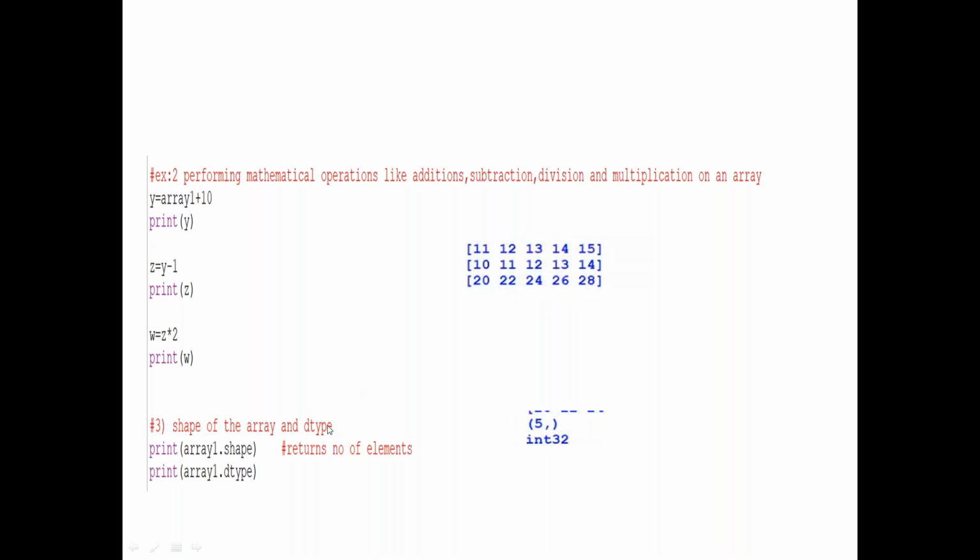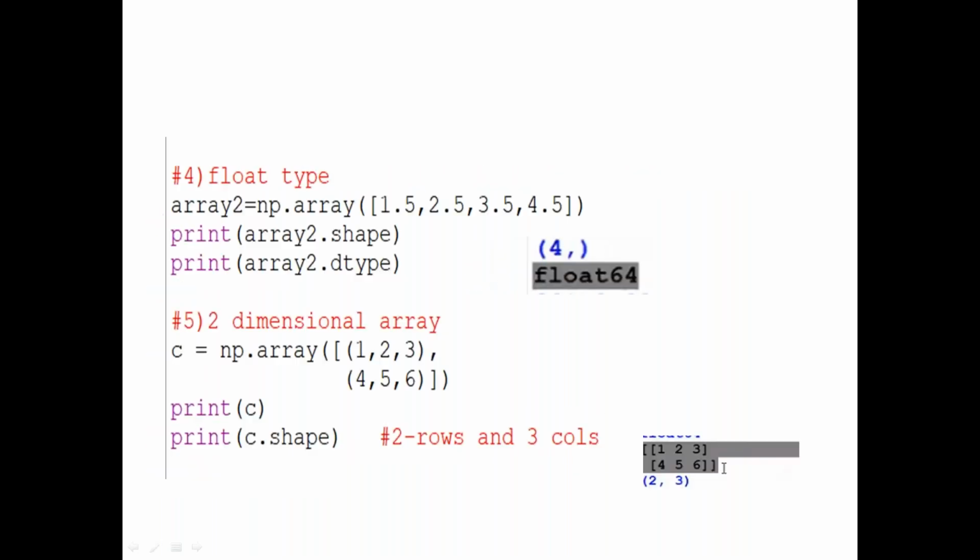So, the shape of the array. I want to know the dimension of the array. You can see array.shape, it is going to be 5. Row is 5, column is 1 only. But it's a single array, so the column will not be displayed. That is the reason the number of elements is displayed. And the type is integer, it's not a float. Now you can see here np.array on decimals. The list contains floats. So when you see shape, you can see 4, and when you see the array type, it's a float.